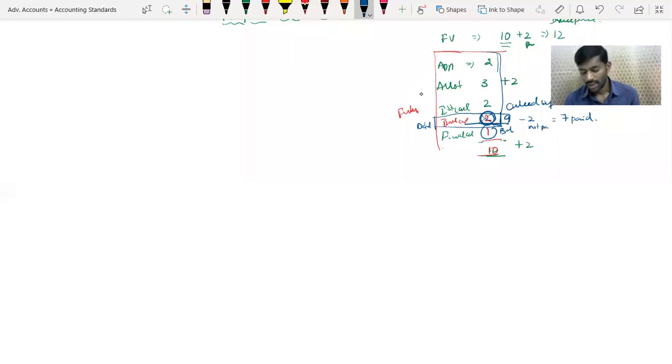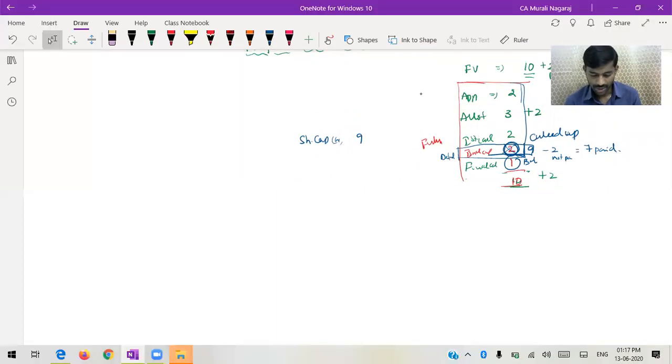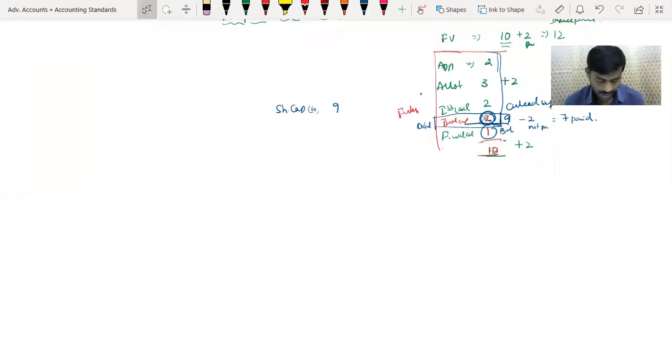Correct? Now, on account of these entries, my dear friends, look out. Bank account debit to share application and so on, up to the second call, even including the due entry, I would have passed. Therefore, the share capital account has already been credited with 9 rupees. So when shares are received back, I am supposed to return the completely called up value. That share capital of 9 rupees, I have to cancel from the capital.